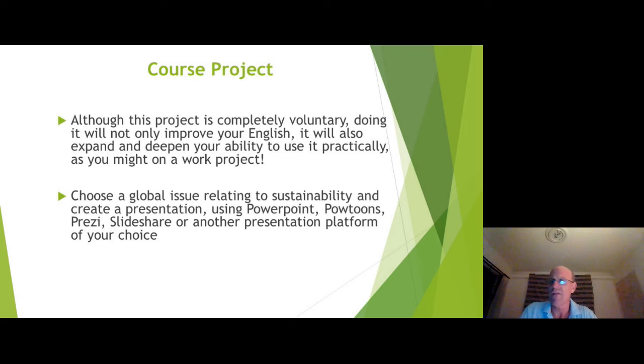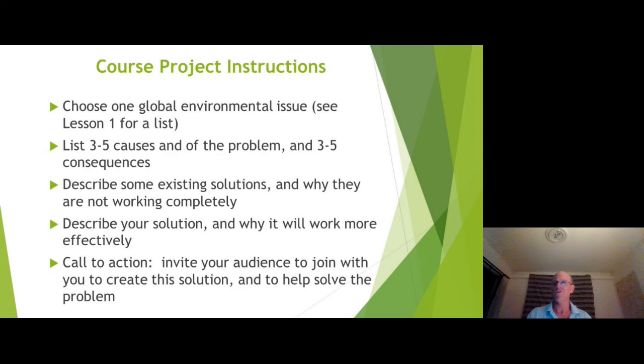Choose one, and then you're going to choose a presentation platform. The most well-known is PowerPoint. So you can use PowerPoint. There's also many other presentation platforms: Powtoons, Prezi, SlideShare, Padlet. There's many. So you're going to choose a global issue, choose PowerPoint or another presentation platform, and then you're going to consider these